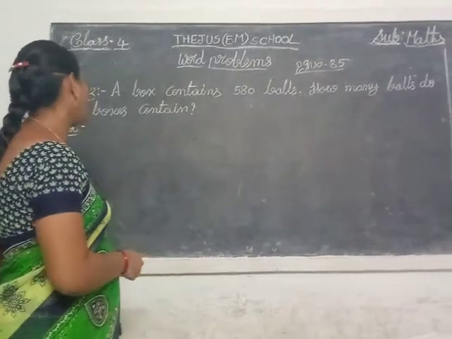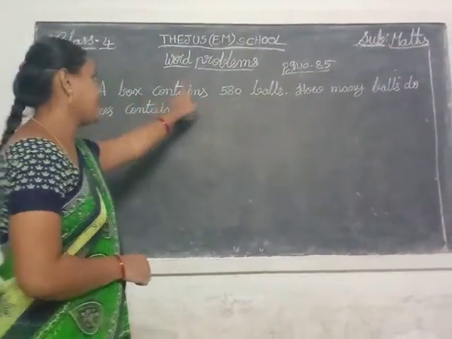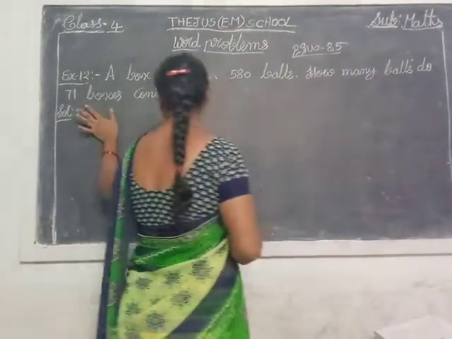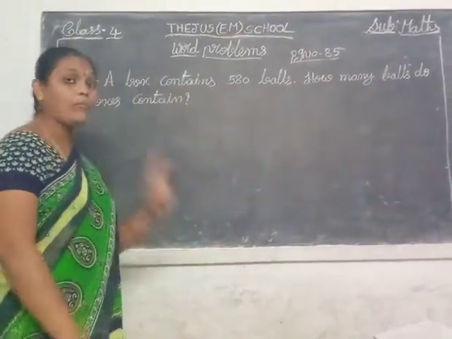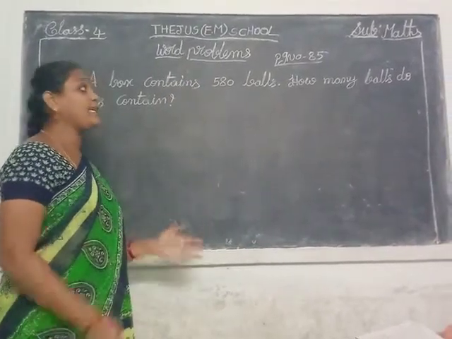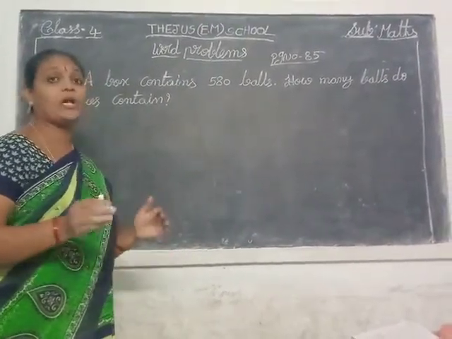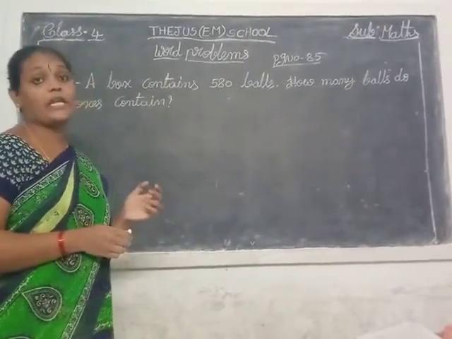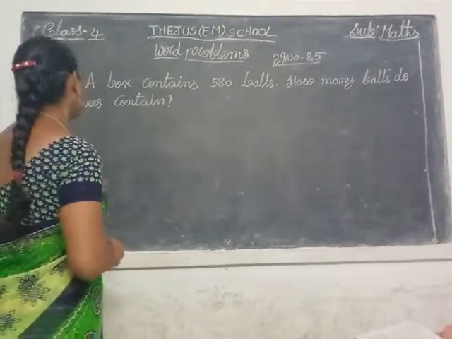See our next word problem, children. A box contains 580 balls. How many balls do 71 boxes contain? Only in one box 580 balls are there. Okay? Like that, each box contains 580 balls. Total 71 boxes. How many balls are there? Now we find out. So first you write